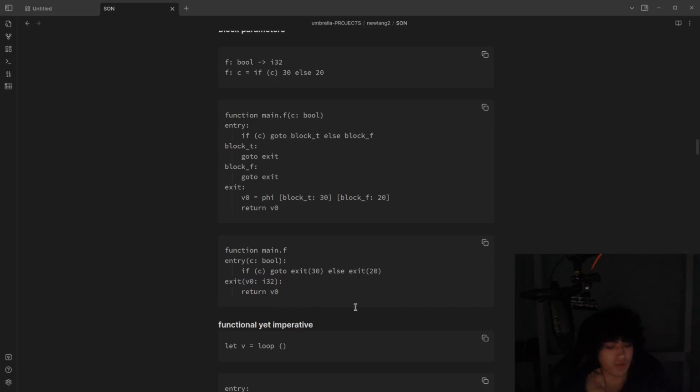These, believe it or not, these things are equivalent. They are completely equivalent. They represent the exact same thing, except the block parameter form is just nicer to work with. They represent the same control flow, the same data flow, the same static single assignment, everything. And when I saw block parameters, I didn't really think too much about it. But when I really thought,